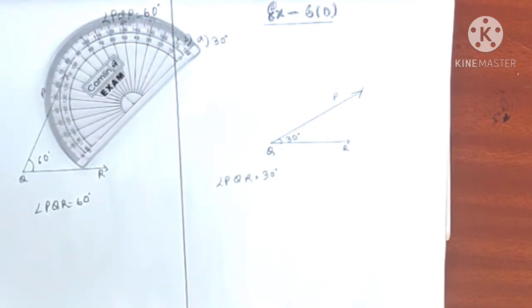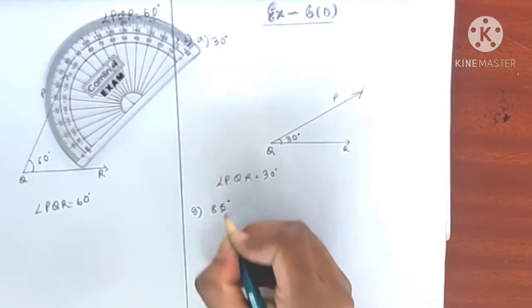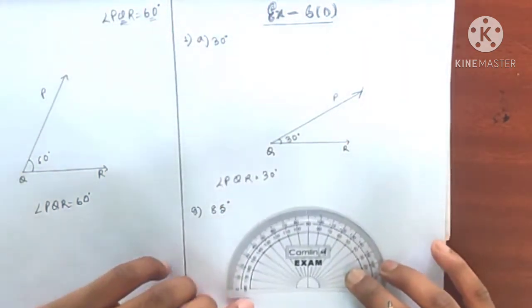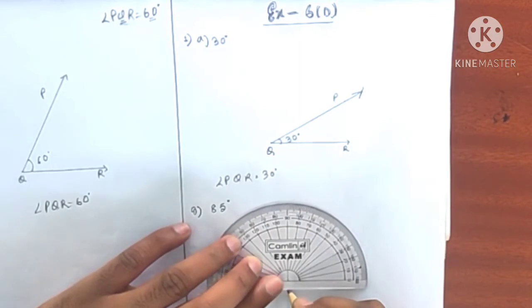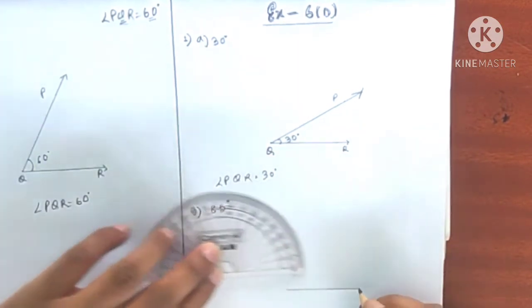So I'm doing one more question about it. Let's do number G. That G is given, it is equal to 85 degrees. So I'm going to do 85 degrees now. You see it very nicely. First of all, what was our strategy? We will make the baseline here. So from the center, I have just made the baseline.